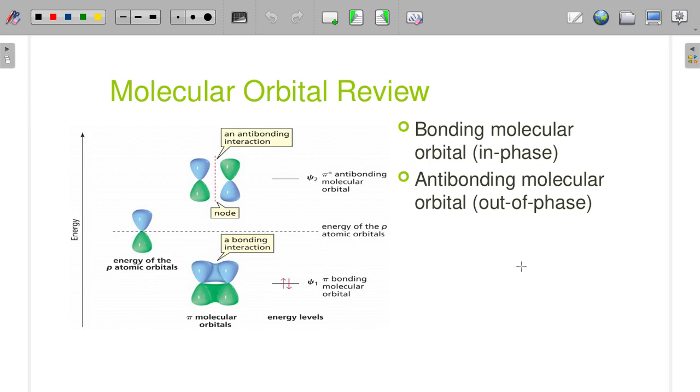Well, let's take this up a step further and talk about some of the terms that are going on here. So we do know that when we do this, we get a node for each level as we go up. And that node's where we make an antibonding orbital. So if we remember from general chemistry, we always have pi bonds and then antibonding pi orbitals. And that's what's represented with that node up there. Now, it's not just that a single node creates an antibonding orbital. What actually happens is whenever we have this, we always have a situation where,